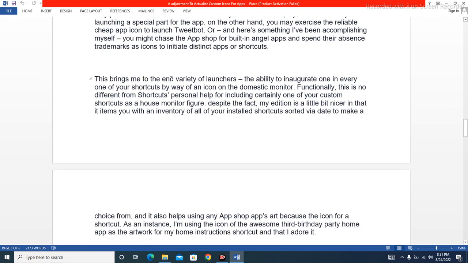This brings me to the end variety of launchers. The ability to inaugurate one in every one of your shortcuts by way of an icon on the home screen. Functionally, there is no different from Shortcuts' personal help for including certainly one of your custom shortcuts as a home screen figure. Despite the fact my addition is a little bit nicer in that it presents you with an inventory of all of your installed shortcuts sorted via date to make a